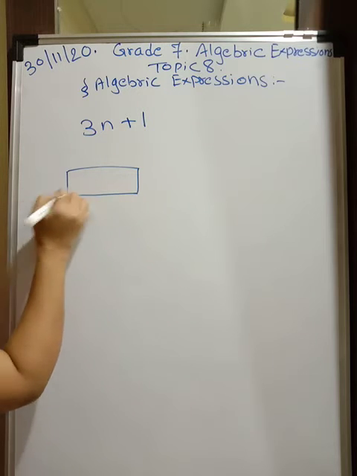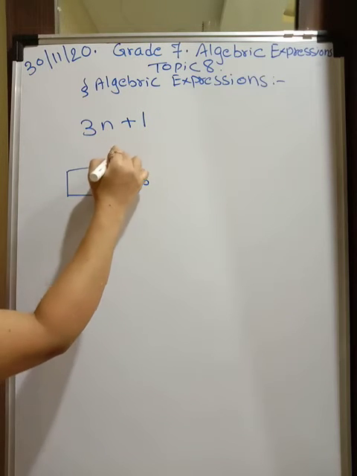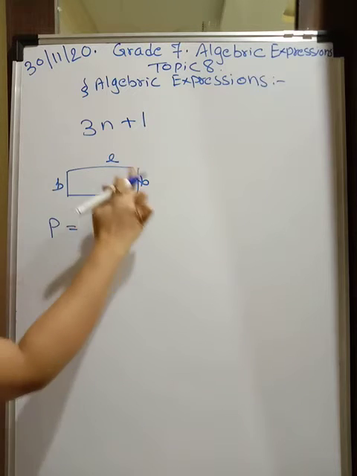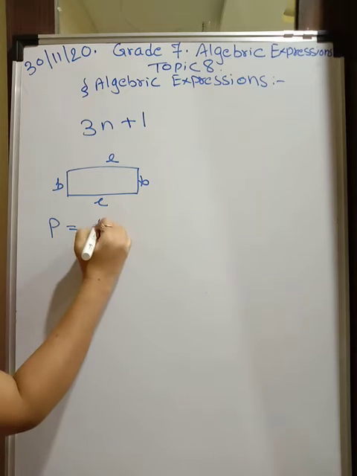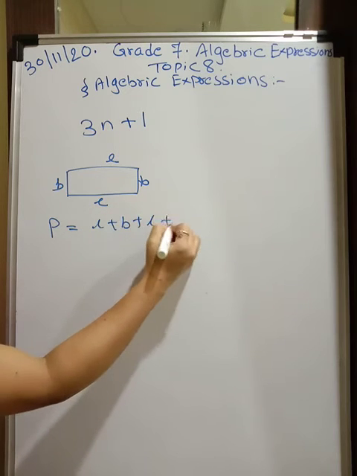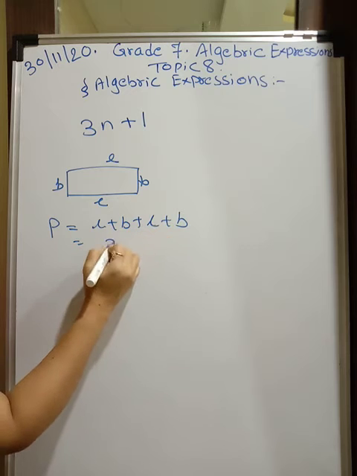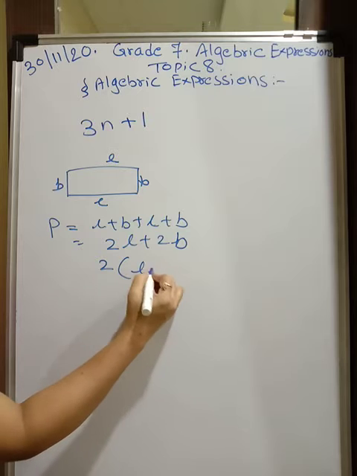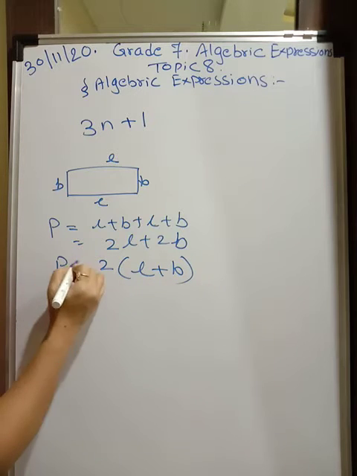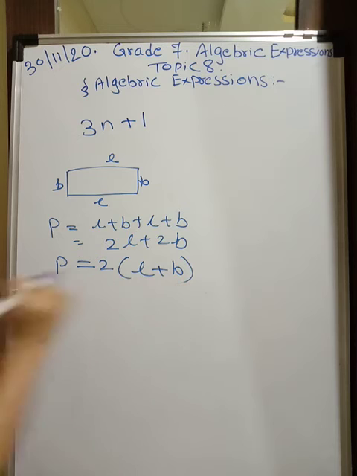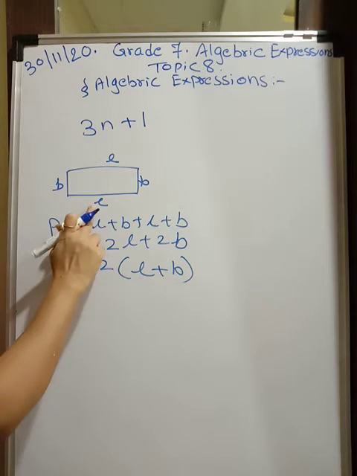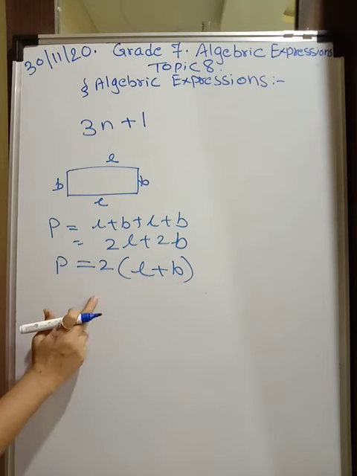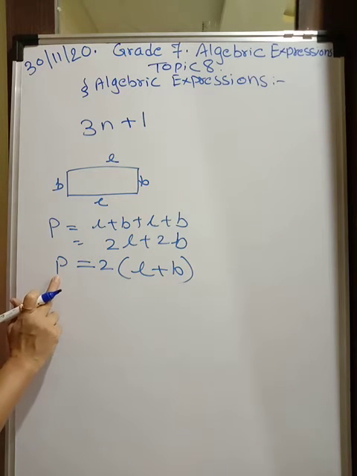You know that this is a rectangle, this is length, breadth and breadth. What is the perimeter of a rectangle or any closed surface? It is the sum of all the sides. So you have length plus breadth plus length plus breadth. So we have length and length, we have 2 times length plus 2 times breadth. 2 is common. What do I get as the formula? 2 into length plus breadth is equal to perimeter. This is also an algebraic expression because length value can be anything and breadth also can be anything. So this is a general expression to find the perimeter of a rectangle.